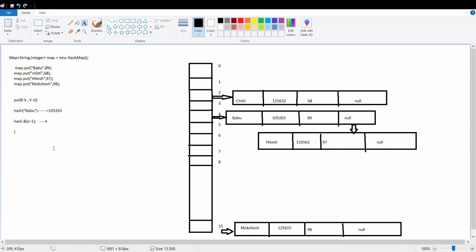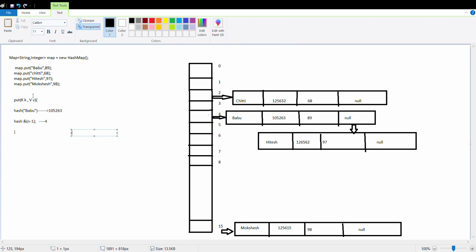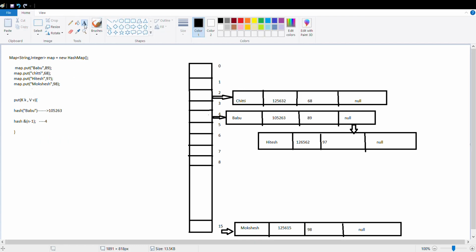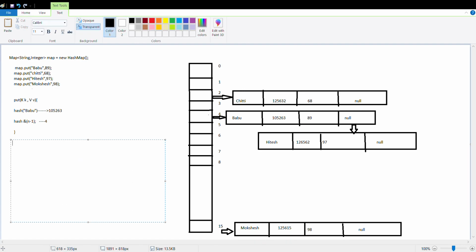Now we will check how the get method works for these entries. Whenever I invoke the get method on this map object by passing the key, first it will calculate the hash of the particular key.